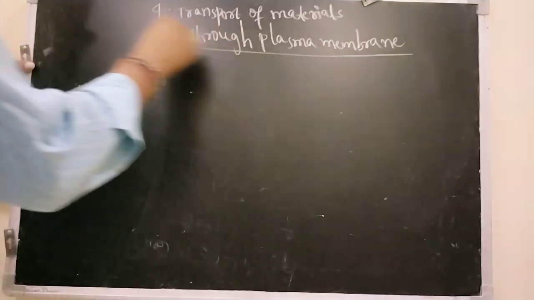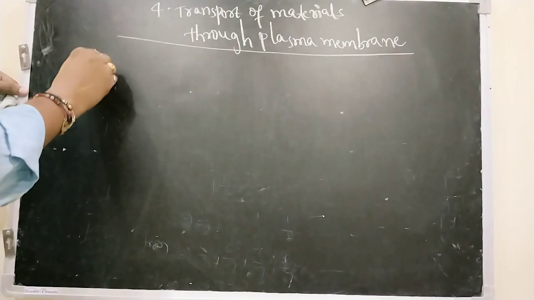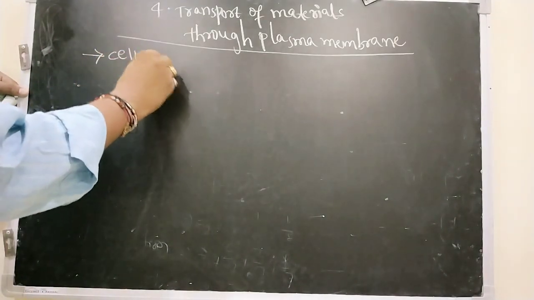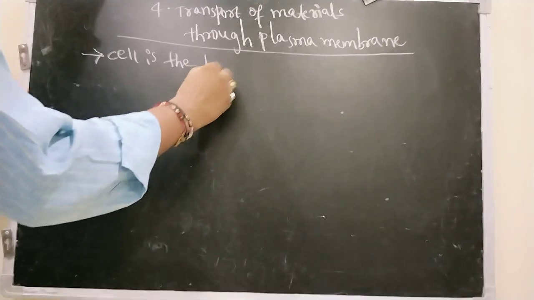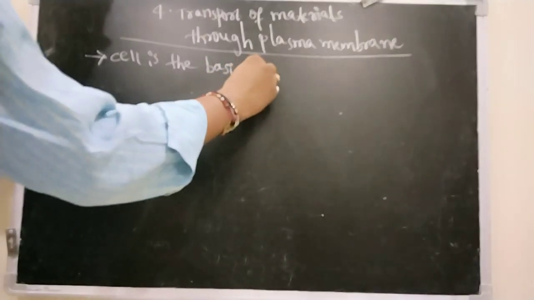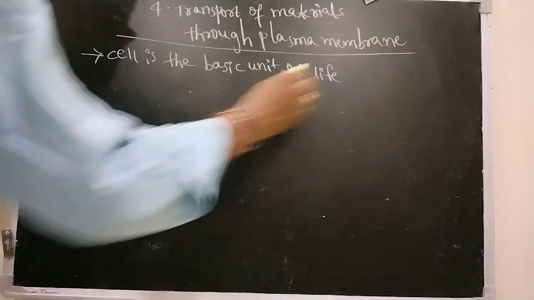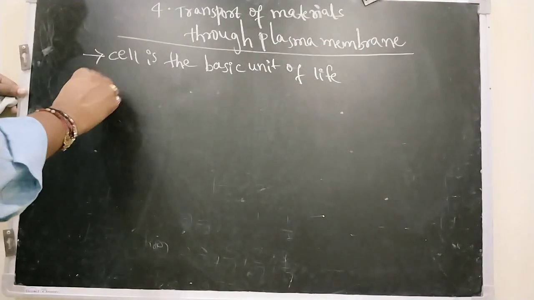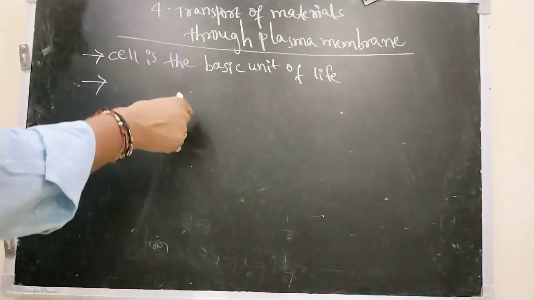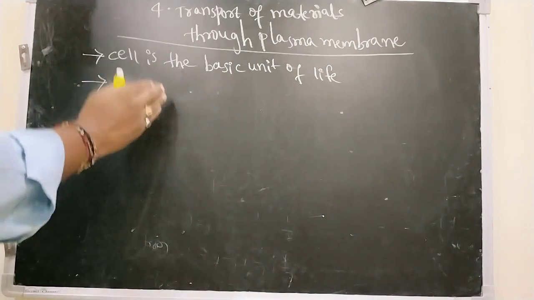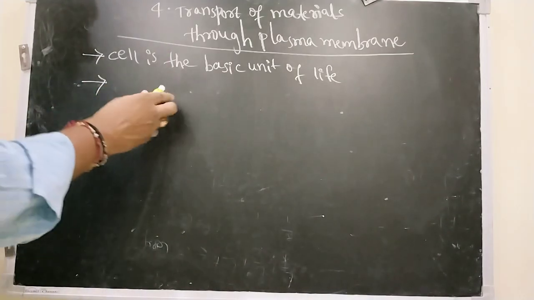So already we know that the cell is called the basic unit of life. And it is also called the structural and functional unit of living organisms. Some substances are entering into the cell and some substances exit from the cell. For example,